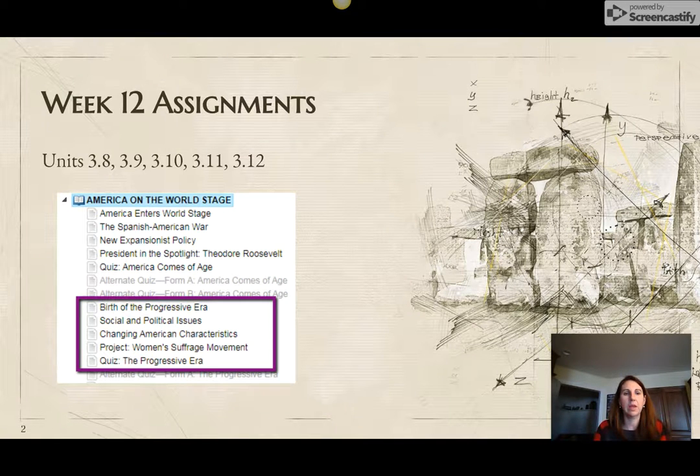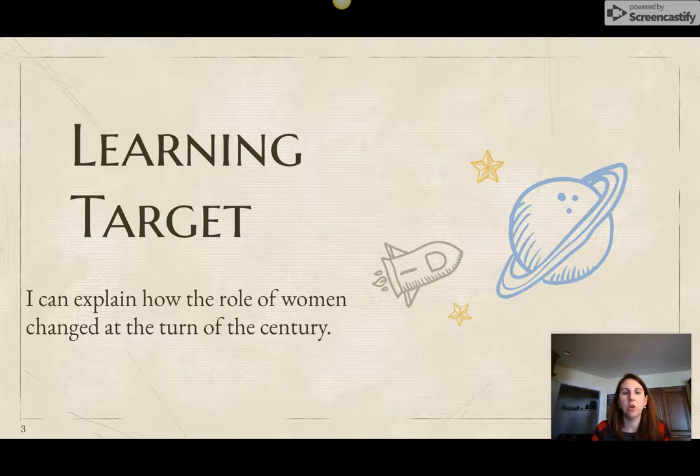Okay, so this week you're doing units 3.8 through 3.12, progressive era, social and political issues, American characteristics, and then you're going to do a small writing assignment on the women's suffrage movement. Okay, so we're learning about progression, we're learning about minorities, people getting rights. Okay, so the learning target for the week is I can explain how the role of women changed at the